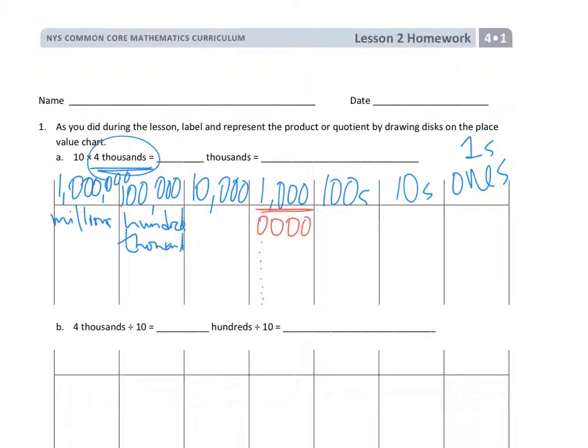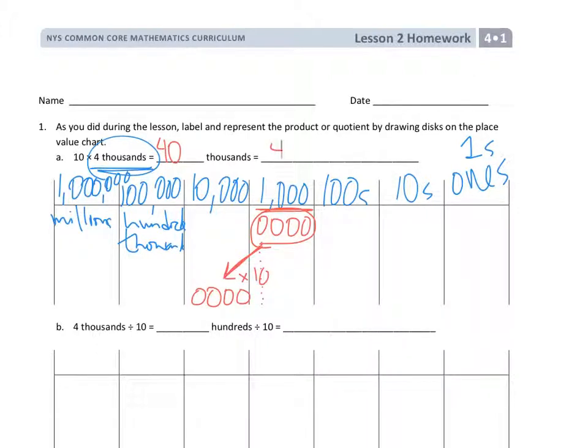Or what they can do instead of drawing all of those, they can circle these and show that moving them into the 10,000s place is actually 10 times more. When they do that, they're taking each thousand, 1,000, 2,000, 3,000, 4,000, and they're multiplying by 10. When they do that, 10 times more would be in the 10,000s place. So they would have not 4 thousands, but 4 10,000s, or a value of 40